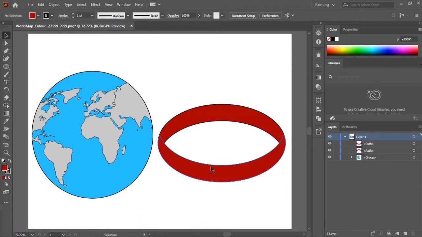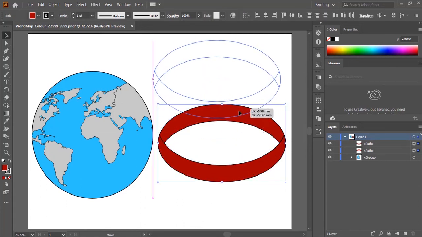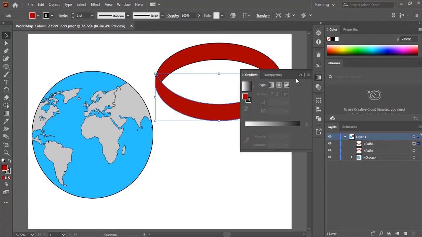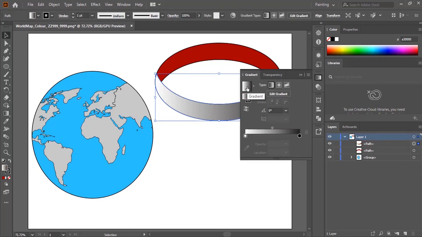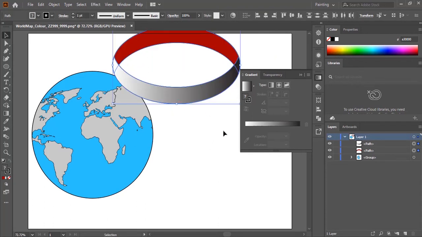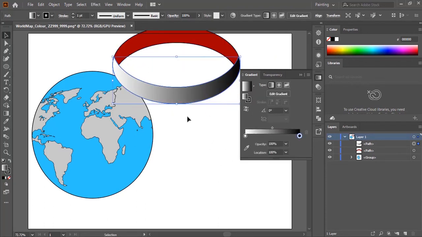Next thing I'm going to do is change the gradient or the color of the banner. So I'm going to pick my gradient tool on my right here. First of all, I can click on the default so that we can have the default color, and then let me bring this here so that we have a look at how it goes. And I'm going to select the gradient version that we've just selected here, and then go to the slider, and I'm going to double click